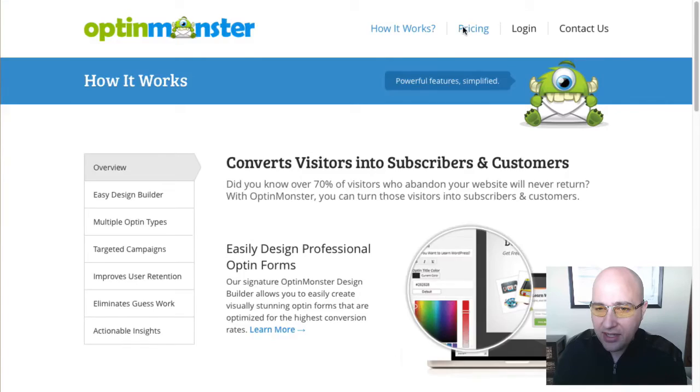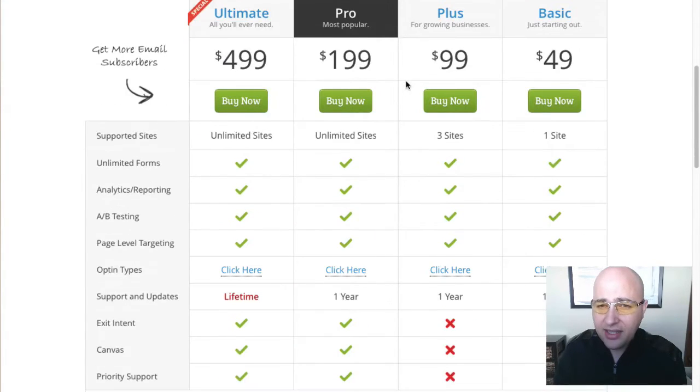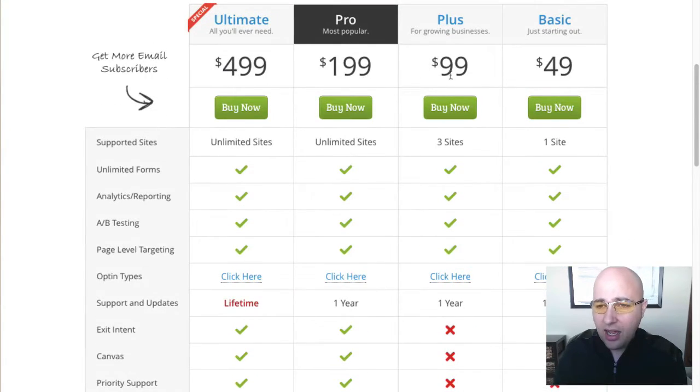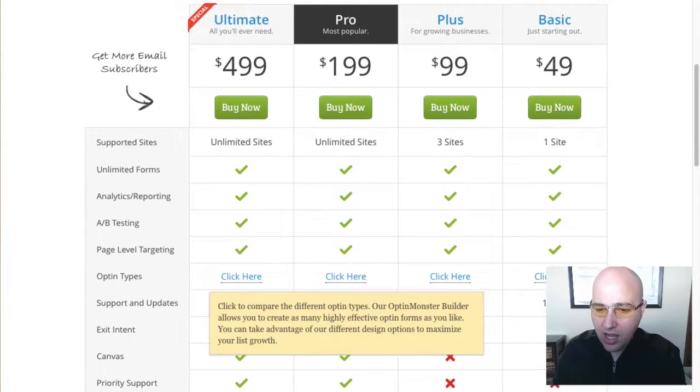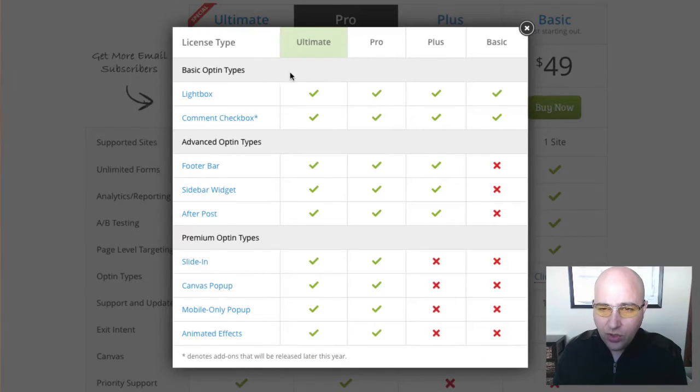Let's look at the pricing. The pricing is actually pretty aggressive. Now, they have these 4 different options, but don't be confused. Some of the features are taken away on the more basic option. So it's not like the basic option is a one site and it has all the features. It's a one site, but they strip down all the features. So for instance, you can see lots of check marks here, and they have this actual grid right here that will show you